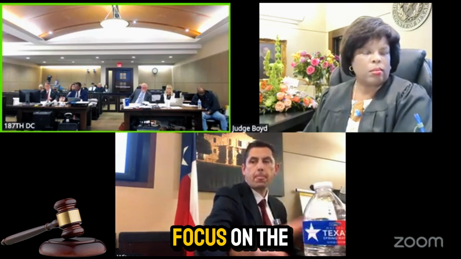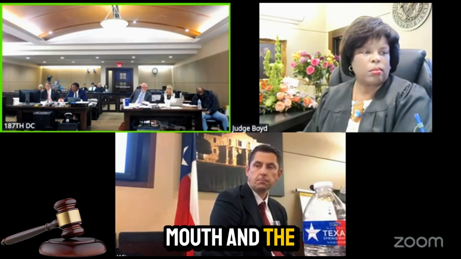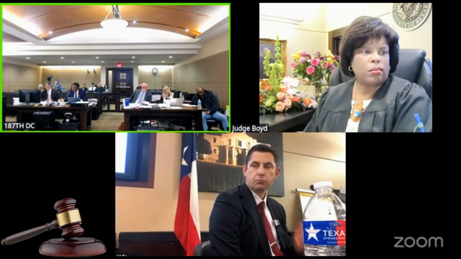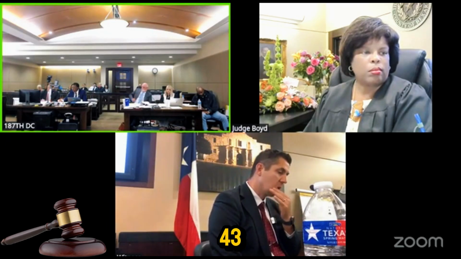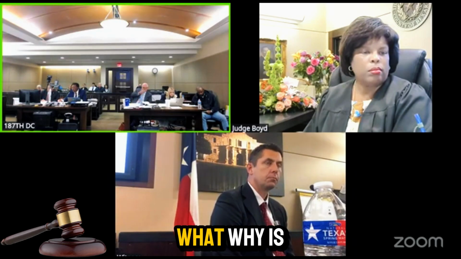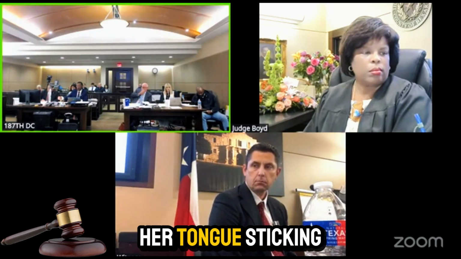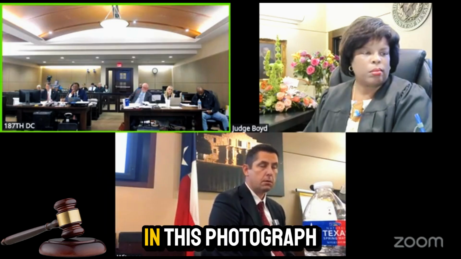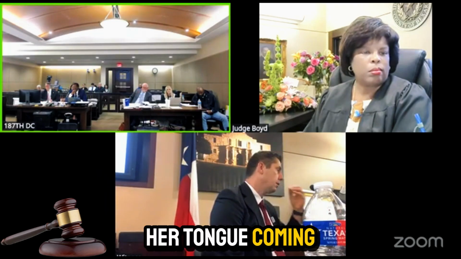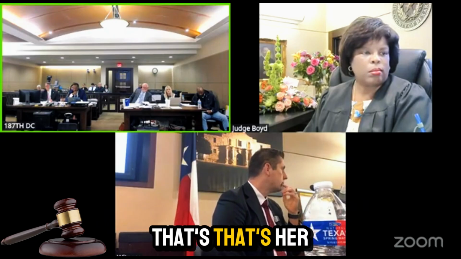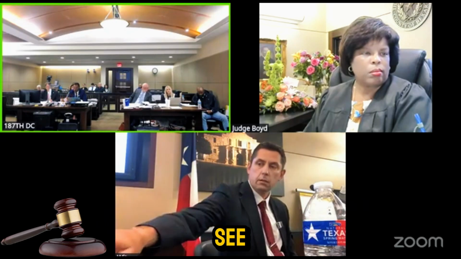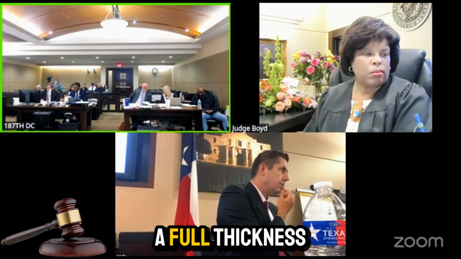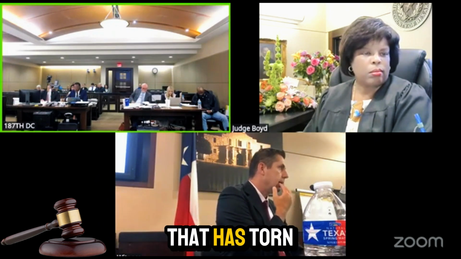And I want to focus on the mouth and the lips. Looking at stage 43, why is her tongue sticking out, protruding between her lips? In this photograph, that is not her tongue coming between her teeth. That's her lip. What we see going horizontally in this photograph is a full thickness laceration that has torn almost